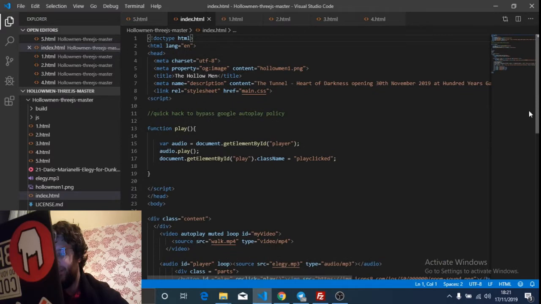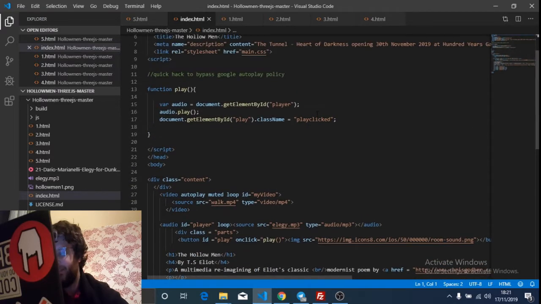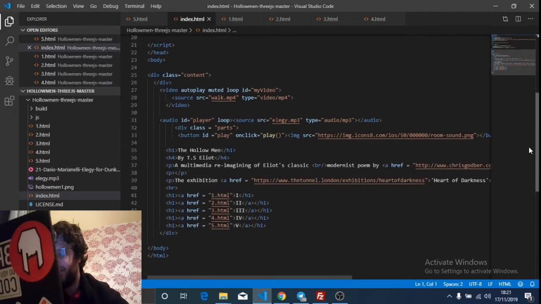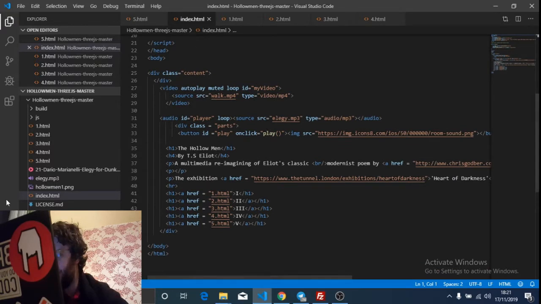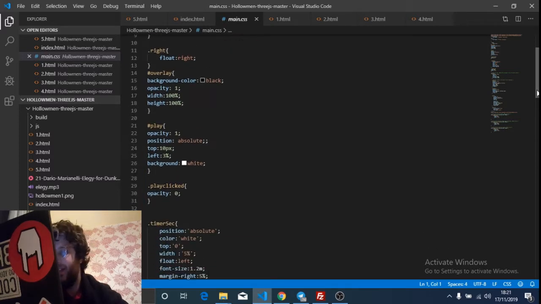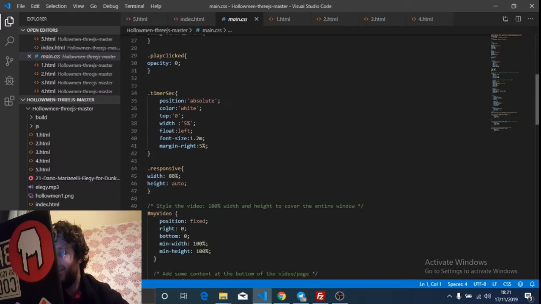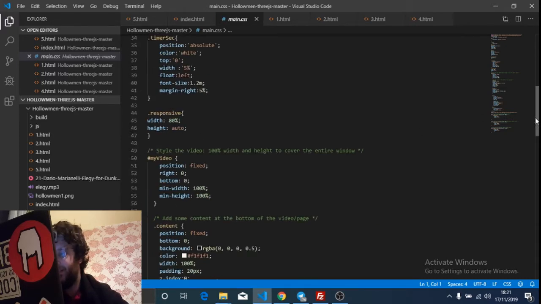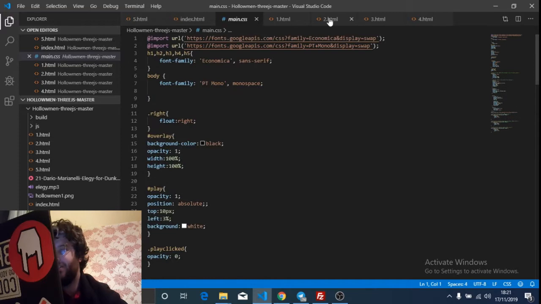That's just the on-click event for playing the sound. Just some HTML. Look at the CSS, there's not much really in there. It's just some font family defined. They've imported some fonts here from Google Fonts just to give it a bit more stylistic flair. And we've got some for the timer, yada yada yada. I'm not going to go into that too much. What we really want to look at is one of the examples on the